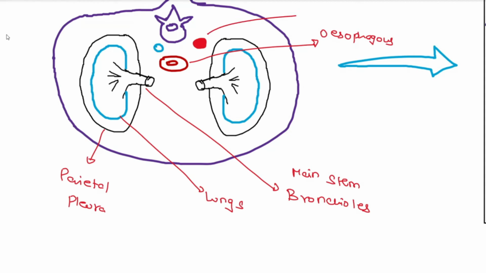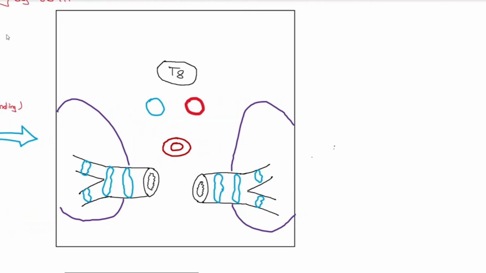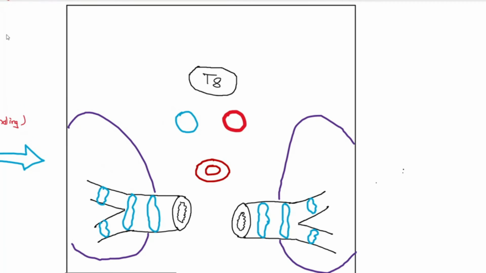Posterior to the esophagus lies the aorta, which is the descending aorta, and since it is present in the thoracic cavity it is also referred to as the thoracic aorta. Then here we have the azygous vein, which carries the deoxygenated blood from the esophagus and intercostal spaces up to the superior vena cava. So here is a magnified view of the same diagram which I drew previously.